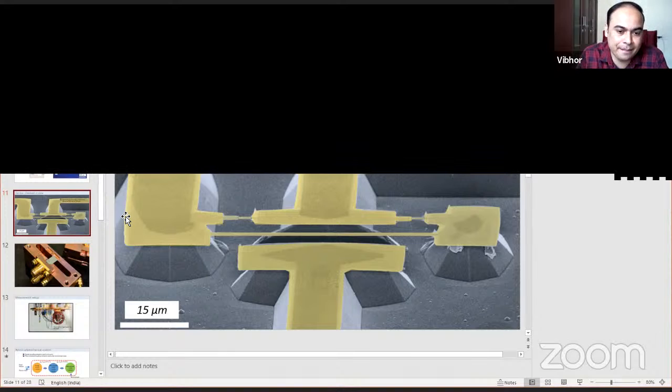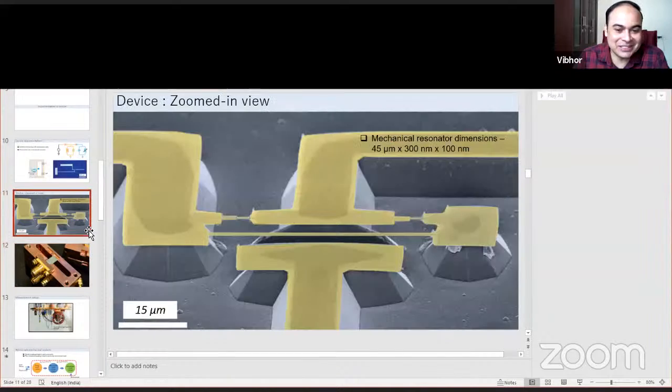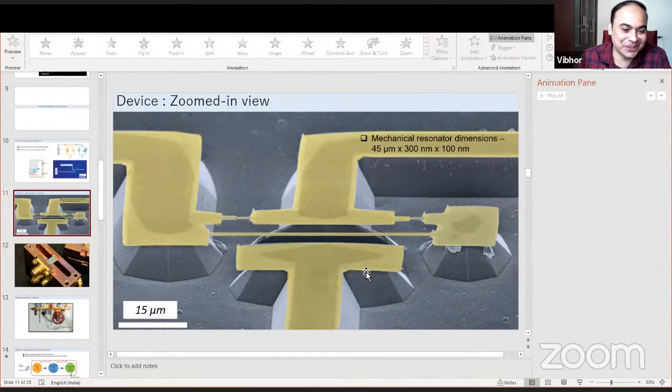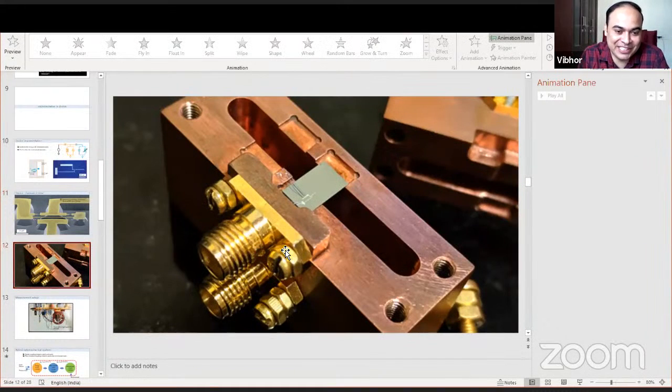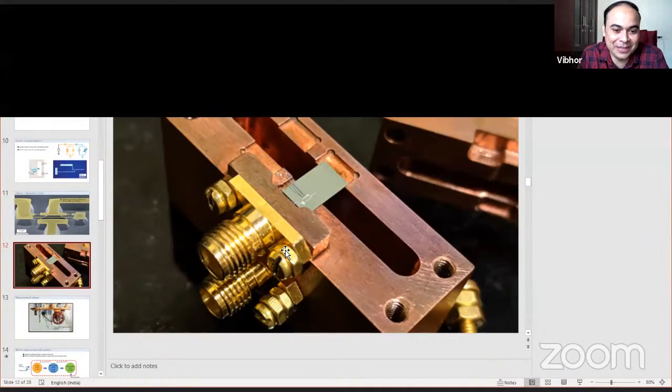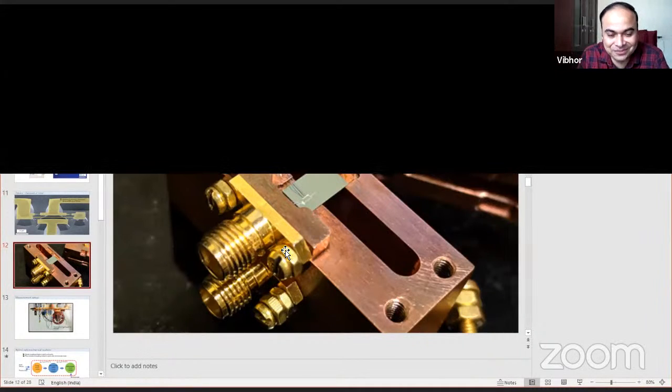Okay, this is one question my microwaves course students should ask if they are in the audience. Why have you gone to 3D cavities instead of CPW cavities? It's just ease of fabrication, right? Our device is already so complicated that the yields are low, and having a CPW cavity on top makes the fabrication more complex. 3D cavities I can get machined in a workshop, and every time I just have to clean them and they are good to go.